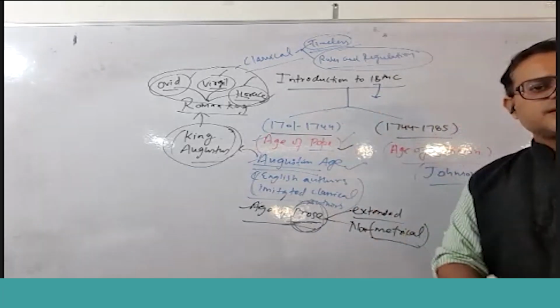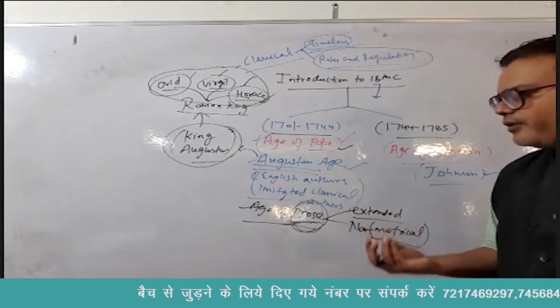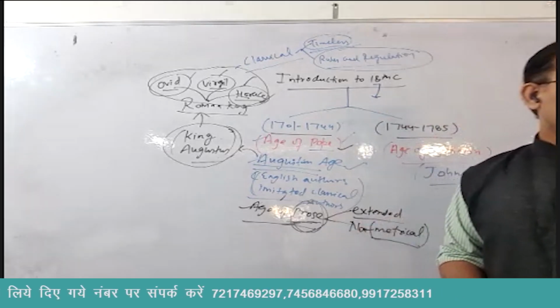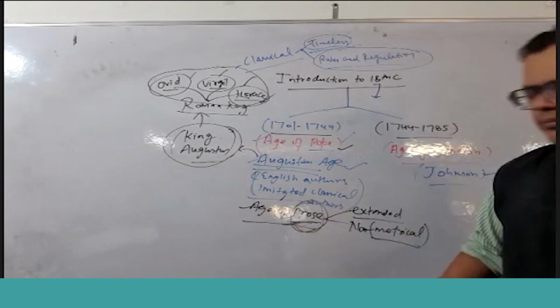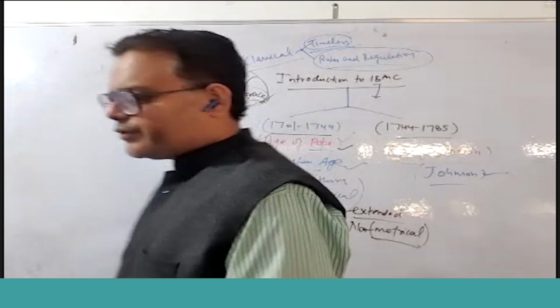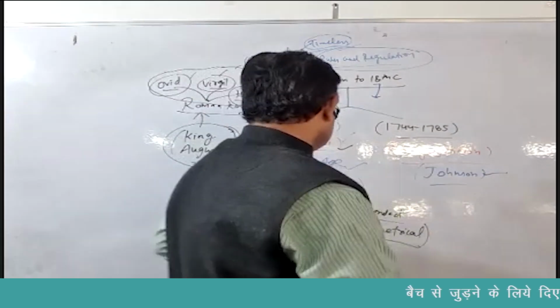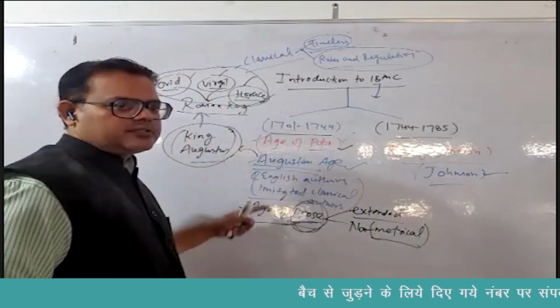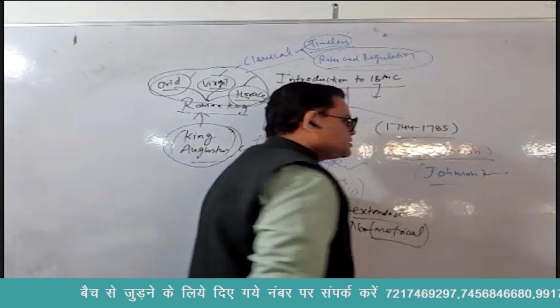I have discussed that Dryden was the father of modern prose, but that foundation was built upon by Addison and Steele. So we will study these writers in detail, but I am just giving you a cursory overview. Next, moving on to the second half. So these are, broadly speaking, the three ages. Now moving on to the second half, that is the age of Johnson.